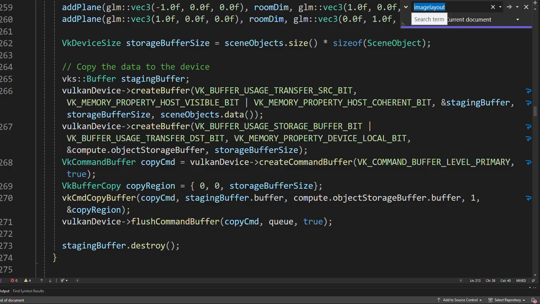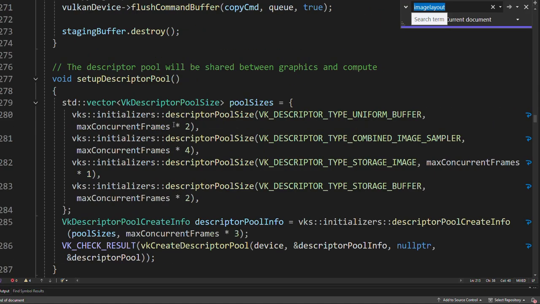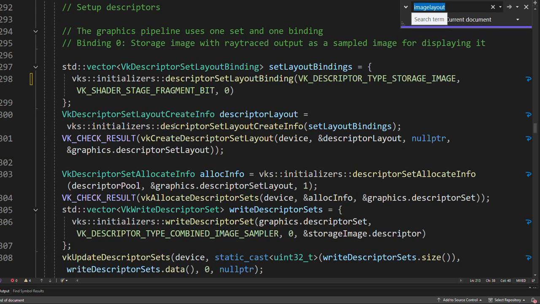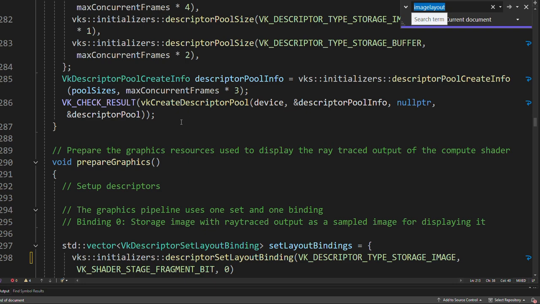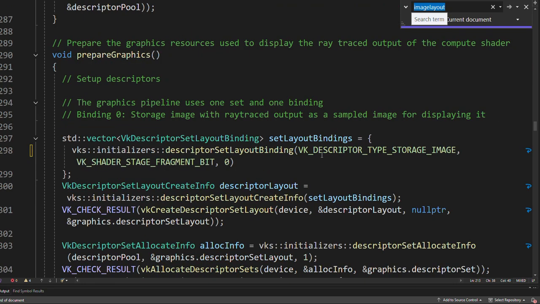So we have our prepare graphics function, right? And in the prepare graphics function, we change the descriptor set layout binding to VK descriptor type storage image, right? We understand that. It is in the prepare graphics function, but then the actual write